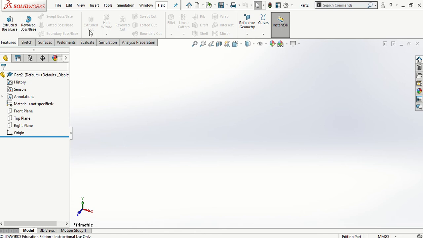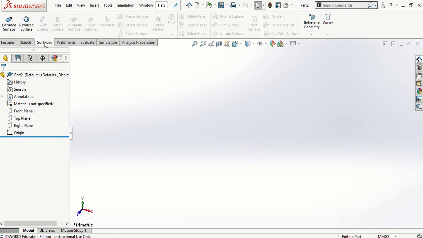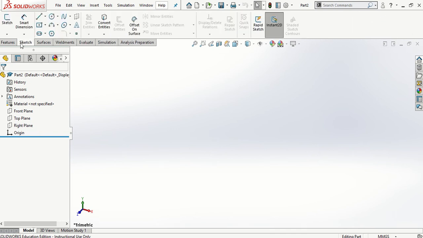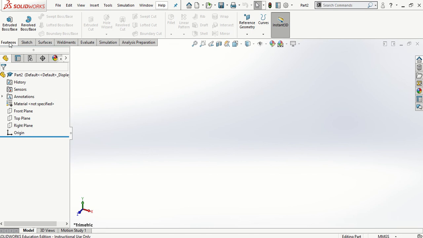What you have here then, these larger buttons, are called the command manager. Whenever we have a sketch drawn and we want to make a 3D, or if we have something we want to cut a hole out of, generally this is where we will find the commands. Just below them you have your tabs. These small buttons are called tabs. The most commonly used ones will be the sketch tab and the features tab. They're the most commonly used ones that you will use throughout your 5 or 6 years studying graphics